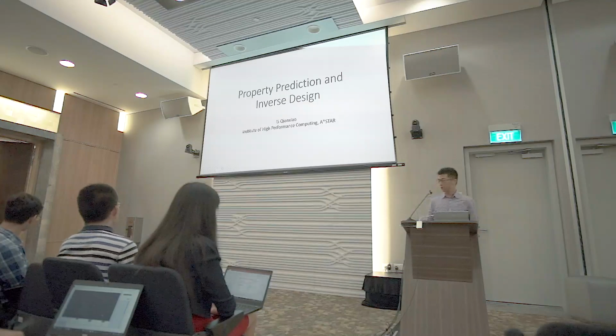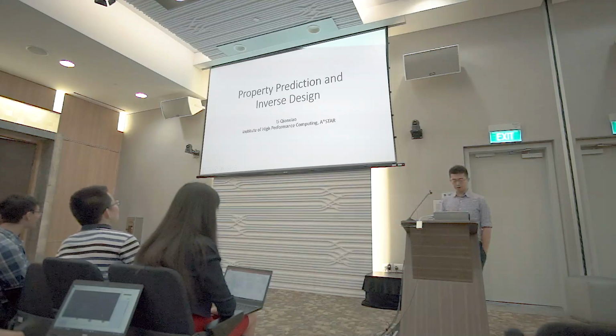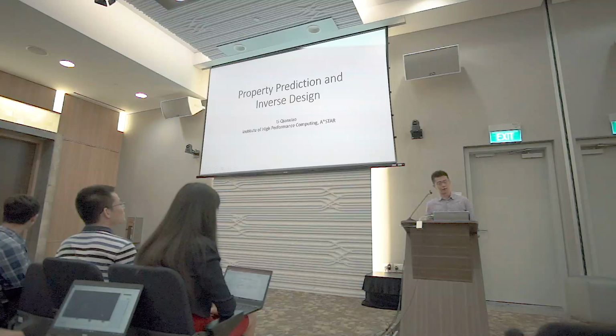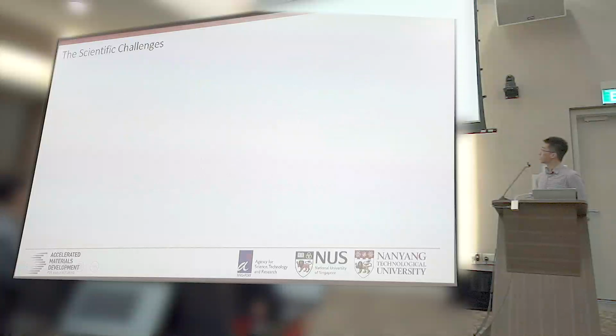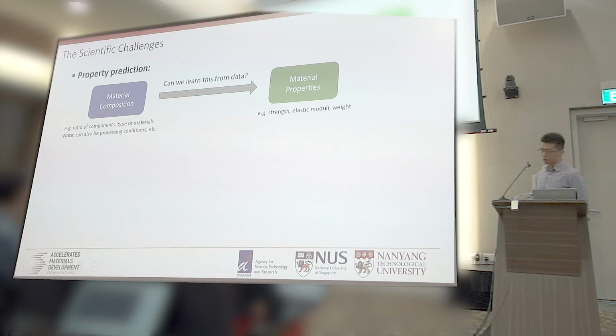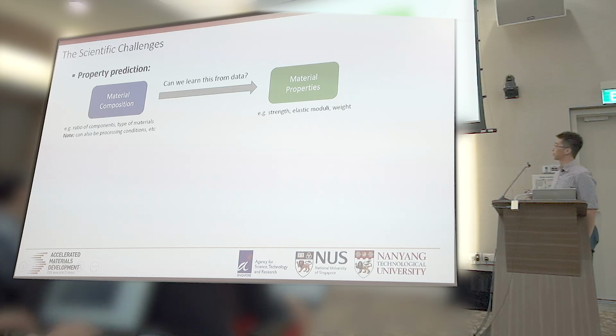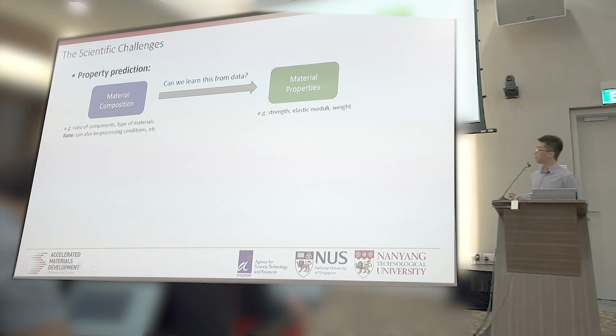So today I'm going to talk about a very simple and hopefully accessible introduction to some basic applications of machine learning methods to material science. The first scientific challenge I want to address is the following. It's called property prediction. Suppose you have some material composition, or more generally, this can also include some processing